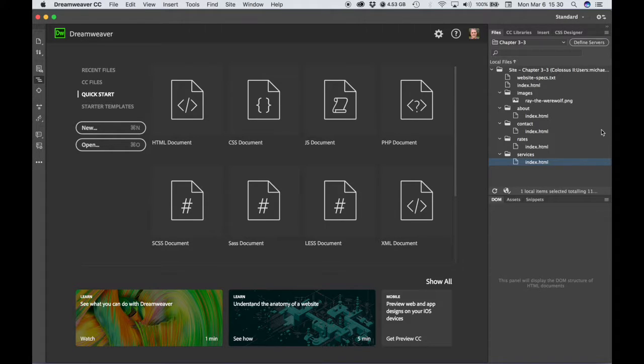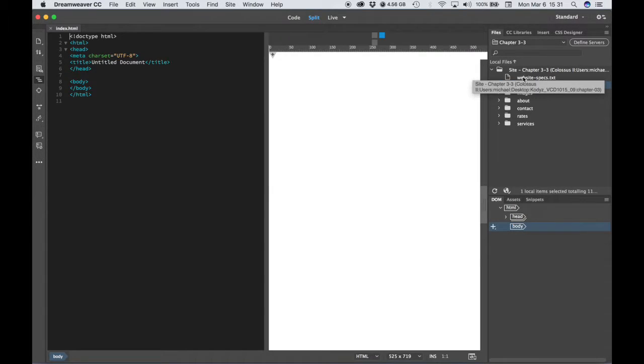All right, so we can see our site structure here. We've got our home page, we've got an images folder, we have a folder for each one of our other pages, about, contact, rates, and services, and inside of those folders we have an HTML file for those pages. All right, so for now, let's just go ahead and close up these folders. Let's open our index.html so we could double click it,